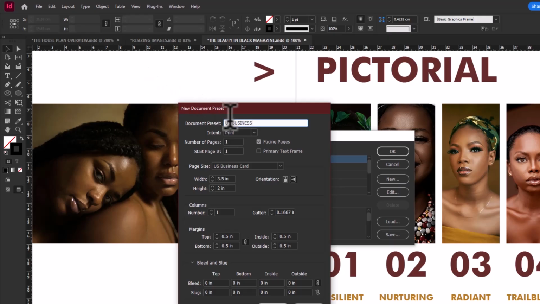business. So we need two pages, the front and the back side, facing pages of course, width, height, number of columns, like 5, then the margin, column gutter, which is 0.125,